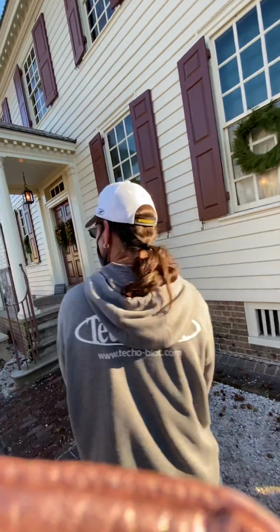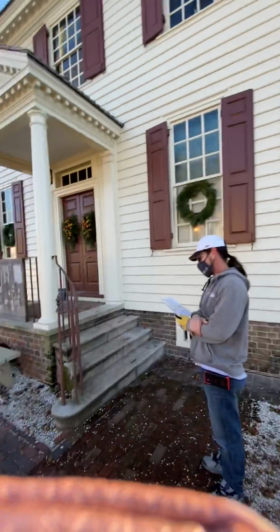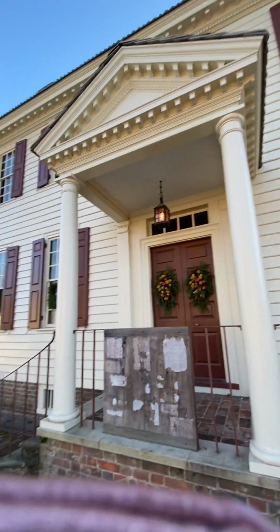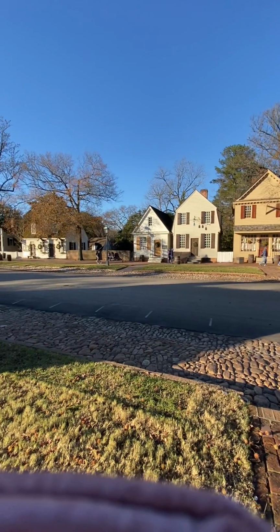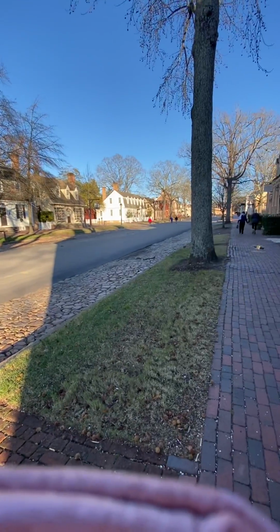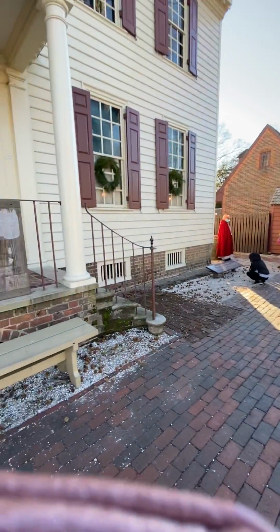So this is the armory. We were at the bricksmiths earlier, where they made the bricks. This is the armory. They use this building for some of our staff who actually trade off with different people, so they can use this building to change their costumes, and also they have a couple of offices upstairs. This is...